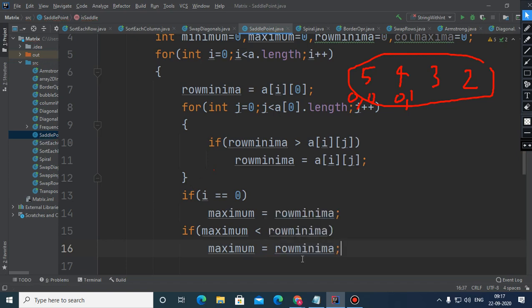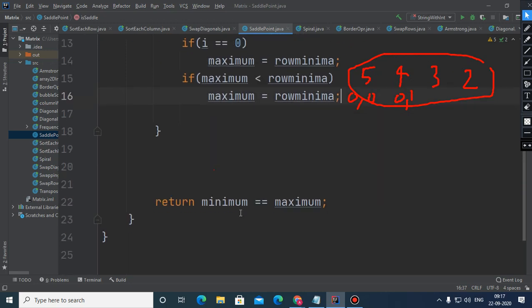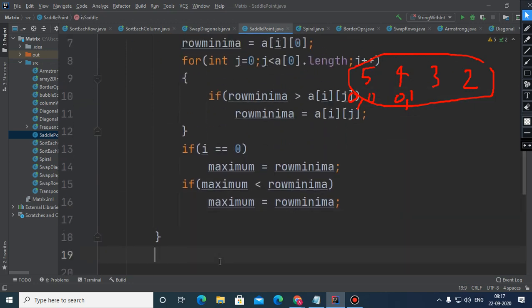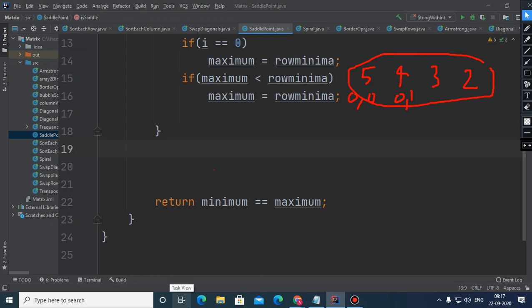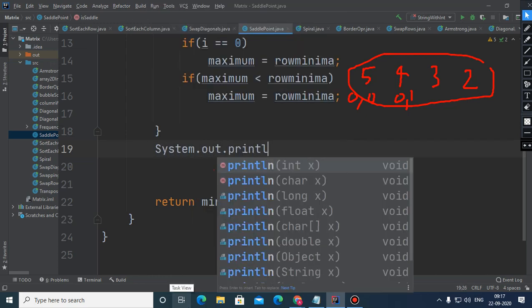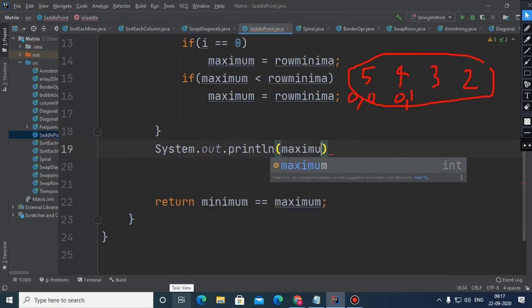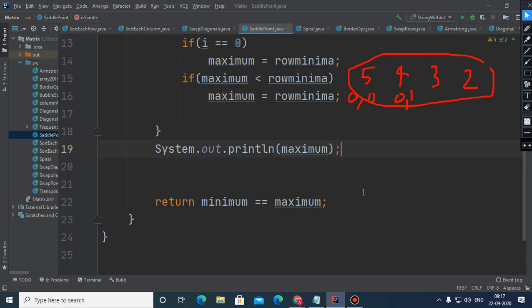This is what we have to do. So here, children, after this whole process, I would like to just print the maximum element so that you can know whether this maximum is coming okay or not.